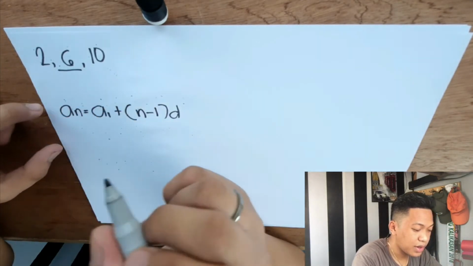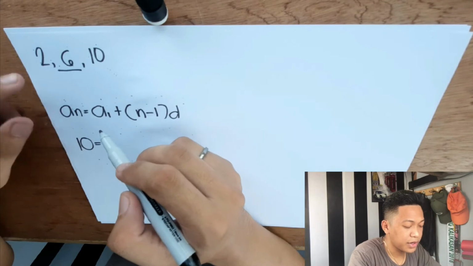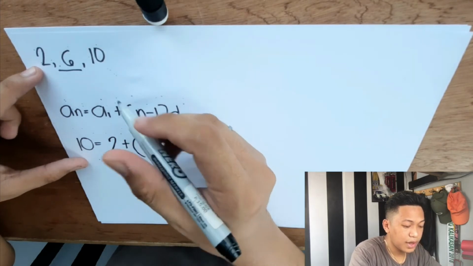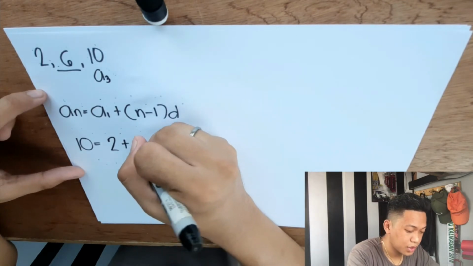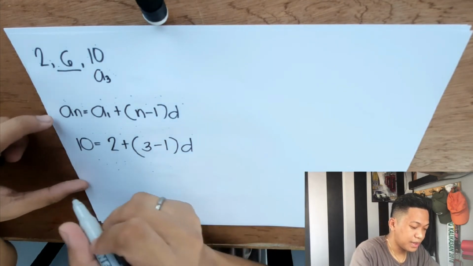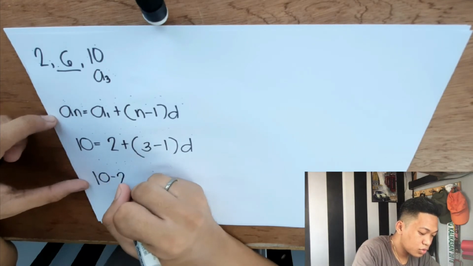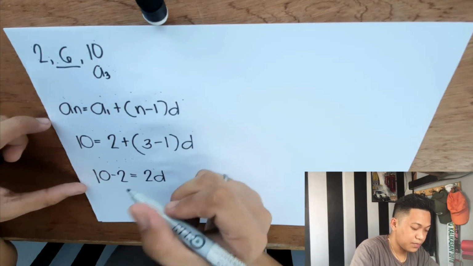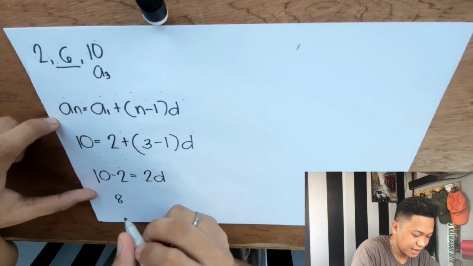So, An, which is our last term, number 10, equals A1, our first term, 2, plus, yung n is yung ating last term, which is yung A3, so 3 minus 1 times d. So, compute na lang natin. Ita-transpose natin yung 2. So, magiging 10 minus 2 equals 3 minus 1, which is 2, times d. So, compute. 10 minus 2 is 8 equals